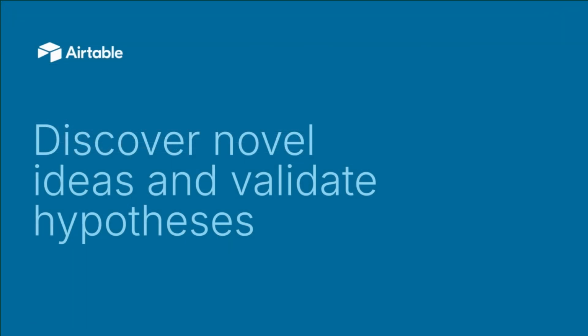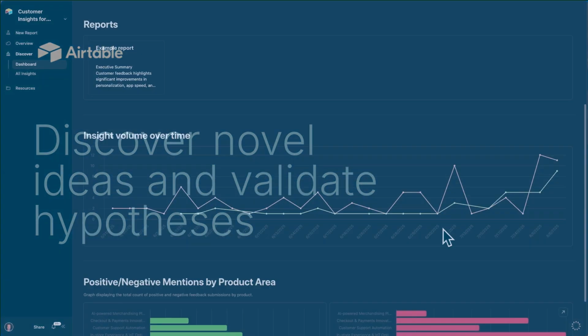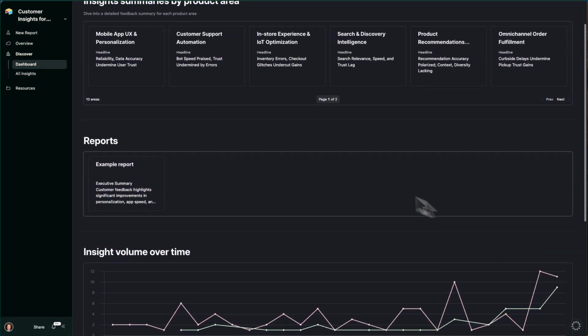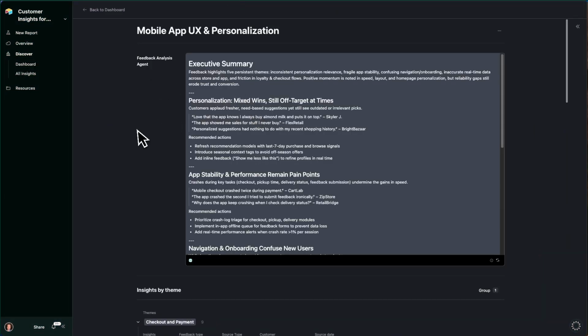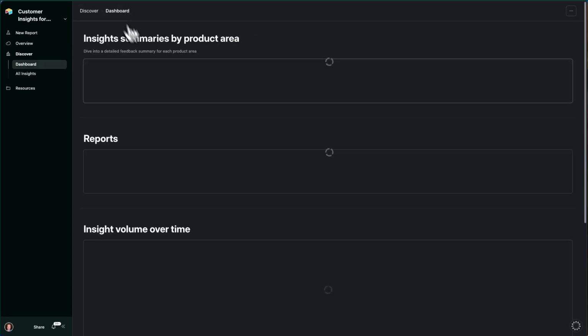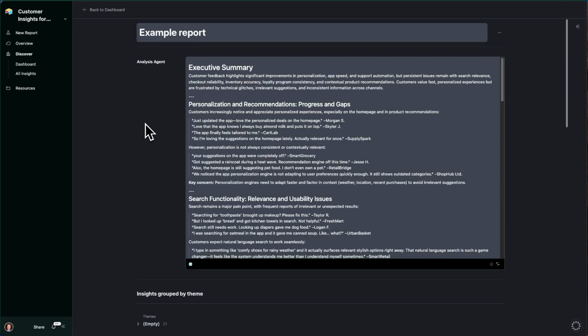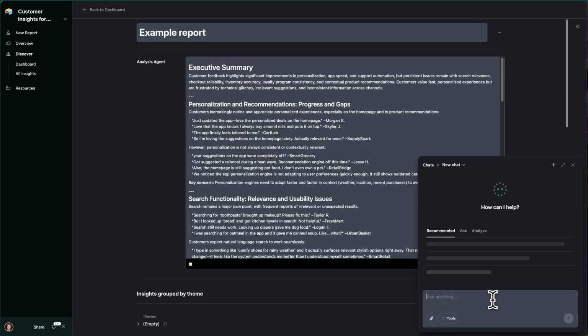So with all this incredible data in one place, we want to give our team a way to essentially have a conversation with that data. So we get these crisp executive summaries per product area, as well as across all product areas that we showed. But what if we have more questions? From the interface, we can access Omni from here in the bottom right and just ask Omni any additional question